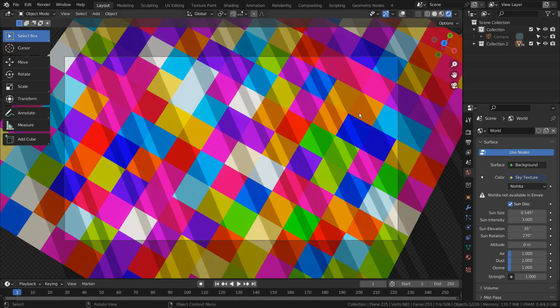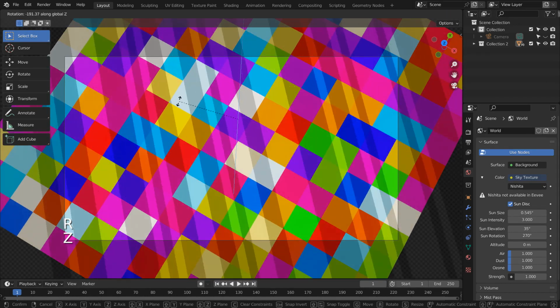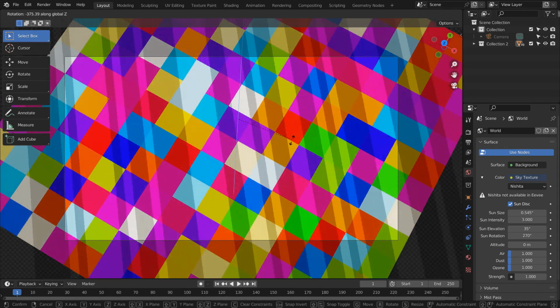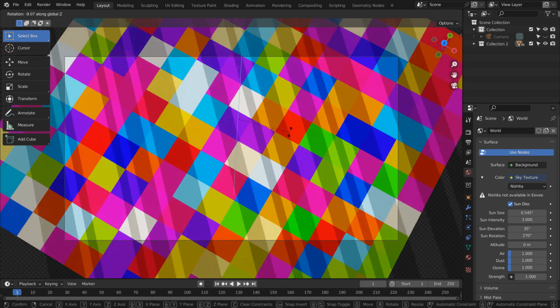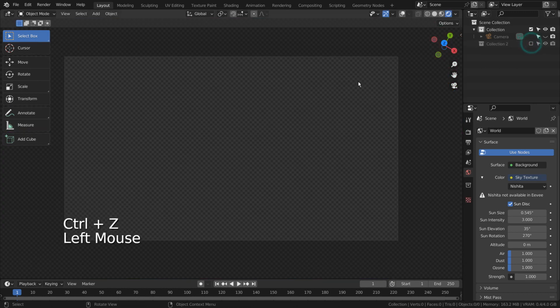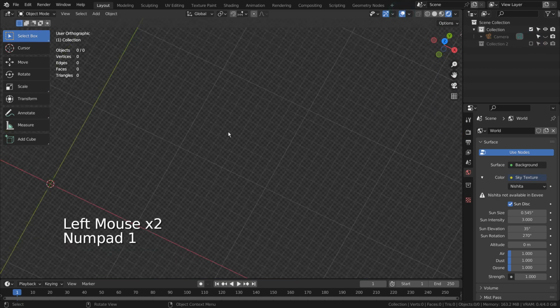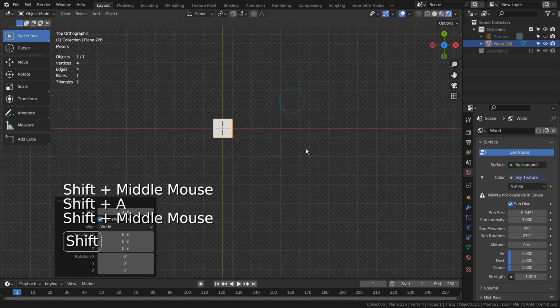In this tutorial, I'll show you how to create a fake shadow mesh. I'll create a plane and array it twice like this.